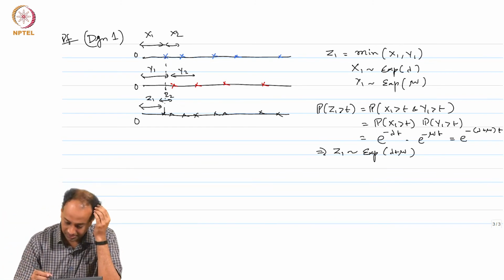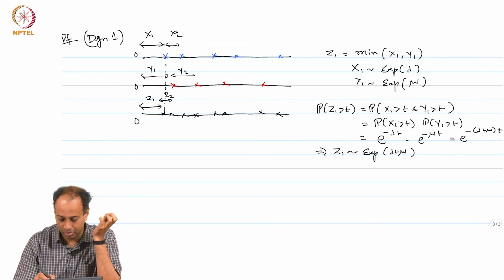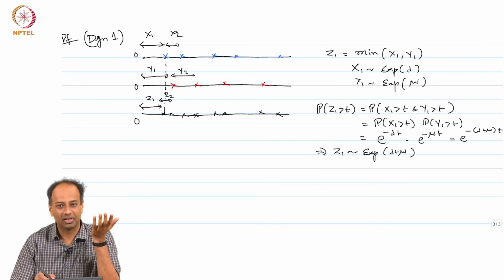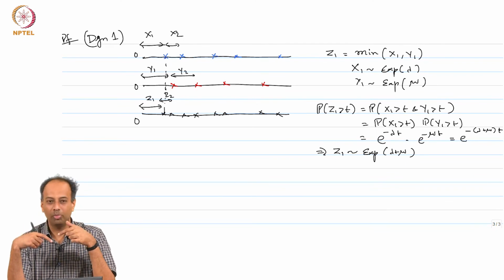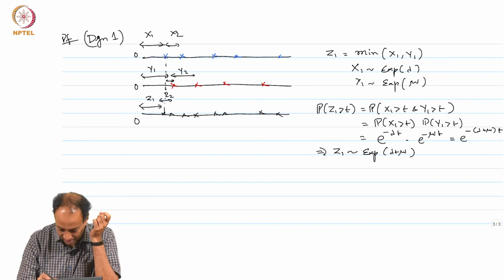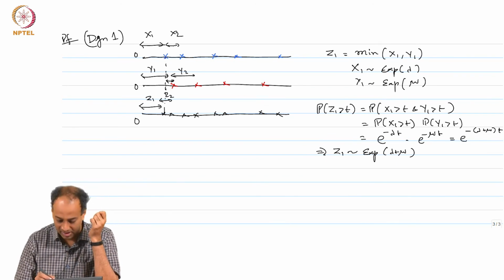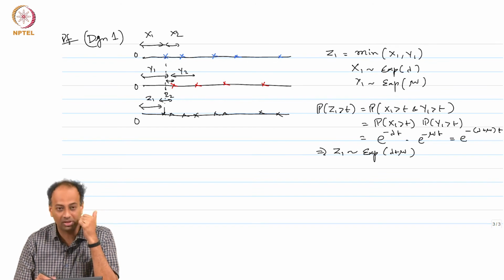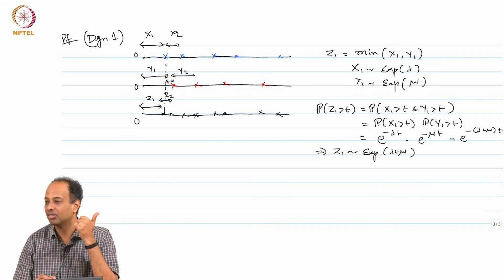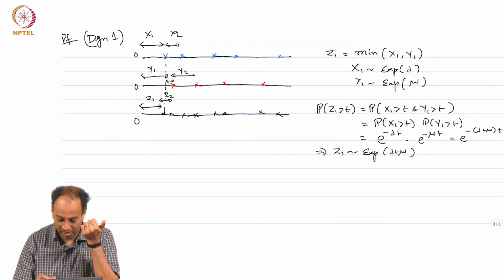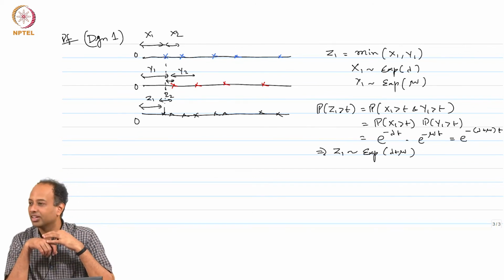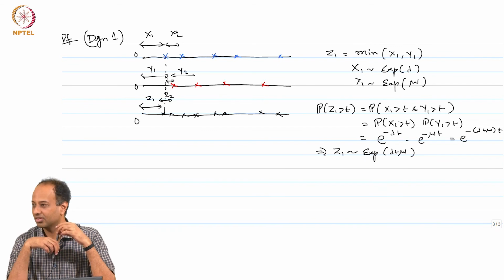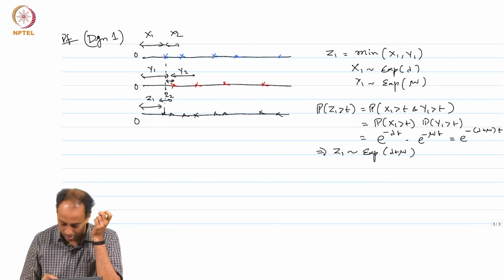And of course, the next arrival in the blue process is an exponential with parameter lambda, by definition. Now, the next arrival in the composite process is the minimum of this and x2. The time to the next arrival in the red process is exponential with parameter mu from the theorem that we proved, and this is exponential with parameter lambda, correct, and these two are independent. Why? Processes are independent. So, again you are looking at the minimum of two independent exponentials. So, using memorylessness,